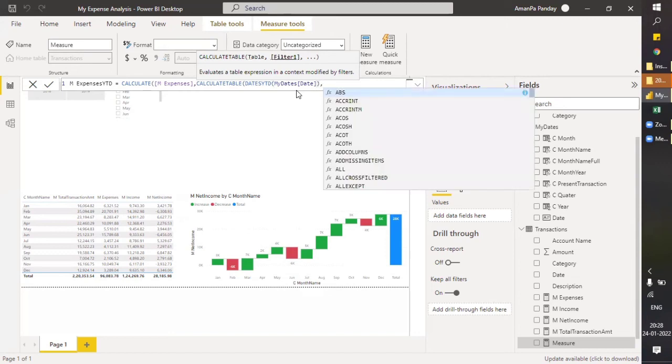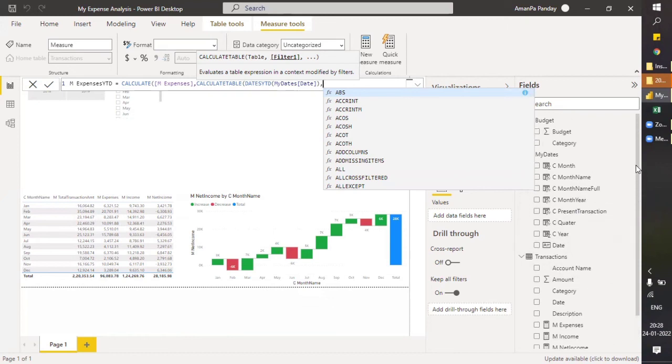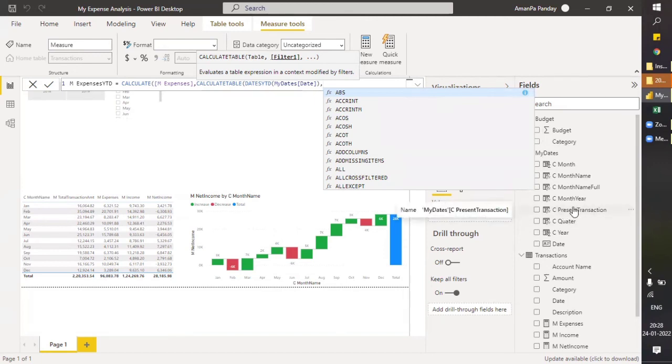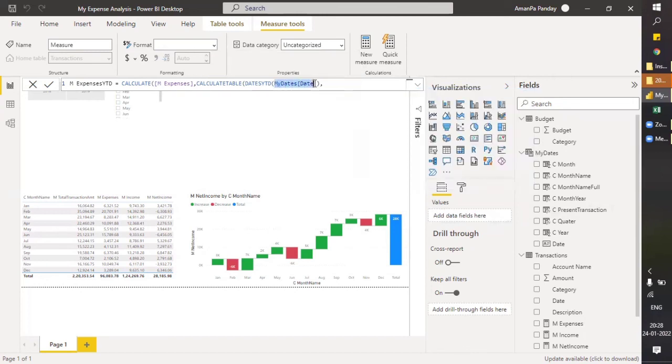Now come to CALCULATETABLE. In CALCULATETABLE, we can also provide a filter. You remember in my date table we have created a column, present transition, because we need to tell which dates it should consider.